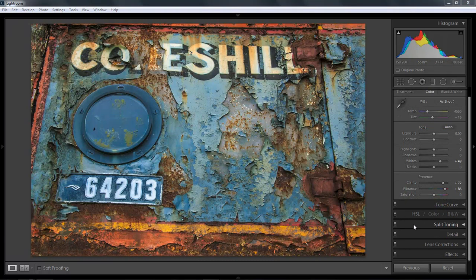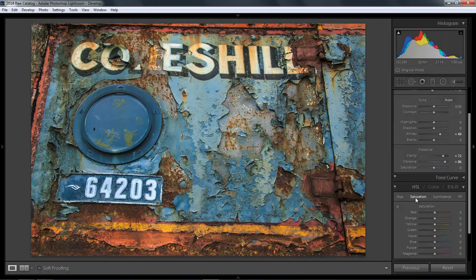Remember too that if we want to action just one colour in there, we can go to our hue, saturation and luminance sliders, select saturation, and we can move the sliders here to give greater saturation by moving them to the right. And you can see we're given a tooltip here. It gets dull on the left and bright on the right,